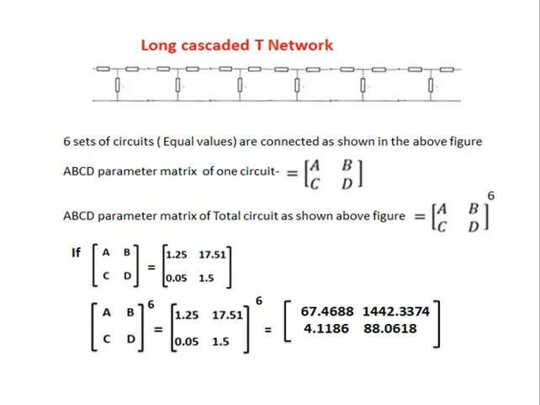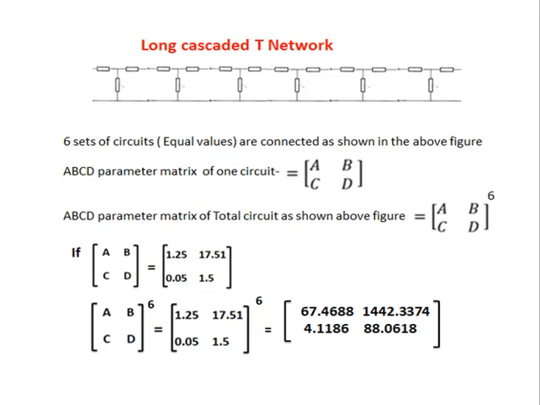Long cascaded T network. 6 sets of circuits with equal parameters are connected as shown in the figure. ABCD parameter matrix of one circuit is equal to matrix ABCD. ABCD parameter matrix of total circuit as shown in the figure is equal to matrix ABCD power 6. If matrix ABCD of one circuit is equal to 1.25, 17.5, 0.05, 1.5, then matrix power 6 is equal to